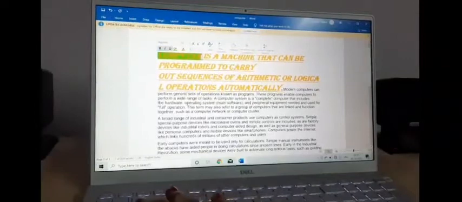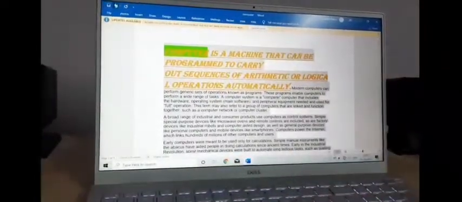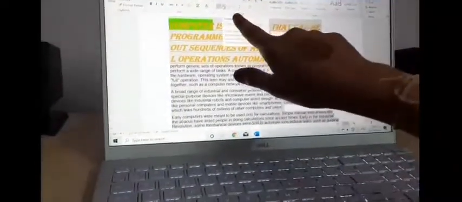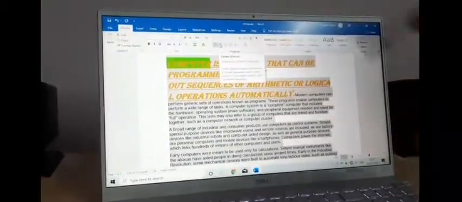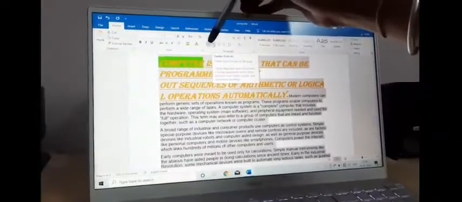First, select the text. Okay, I'm performing with all. Then click on Home tab. These are in the Paragraph group here. Can you see this paragraph group? It is there.